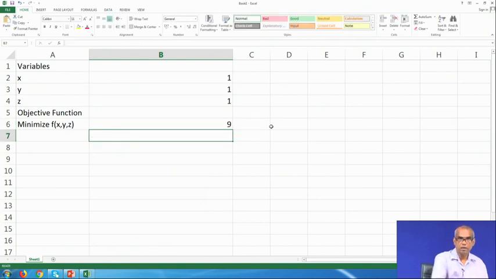Now press enter. We have now set up the problem in Excel. We are ready to solve.